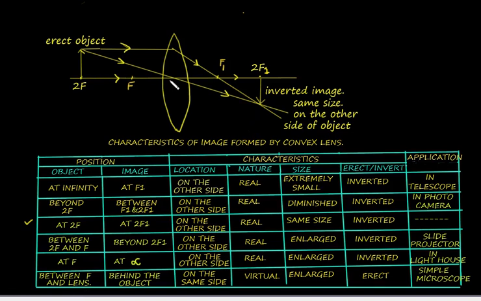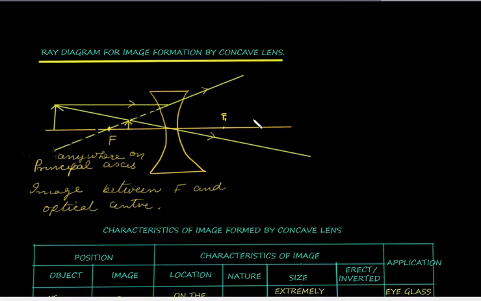We are recalling this portion because we have to do a few topics like linear magnification, areal magnification, and power of the lens. In order to understand that better, recalling these portions will be of great help. Now we will pass on to image formed by concave lens. Now let us see the characteristics of the image formed by a concave lens.